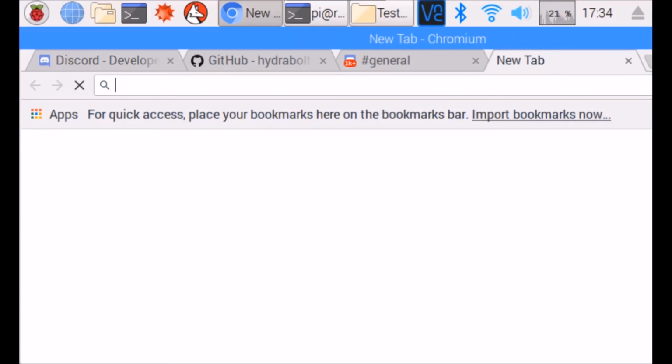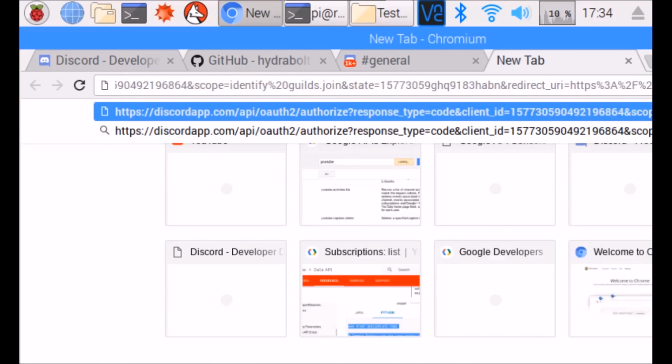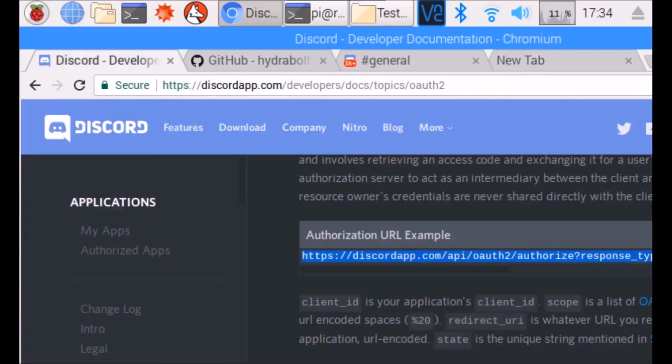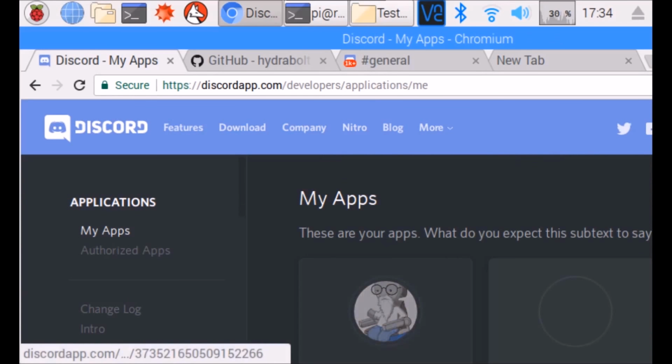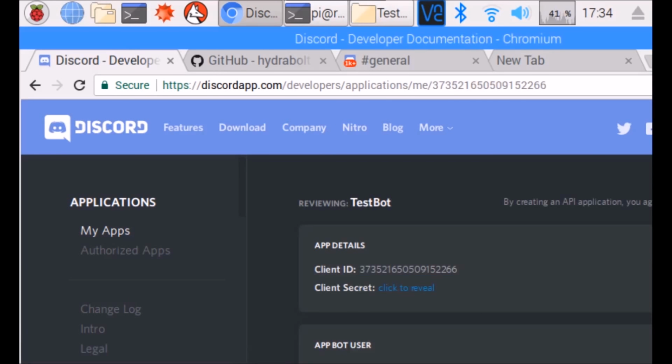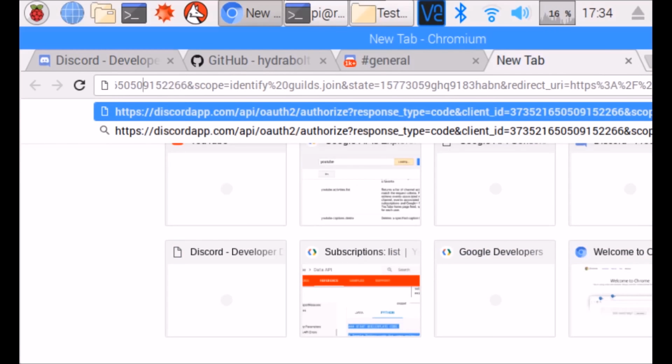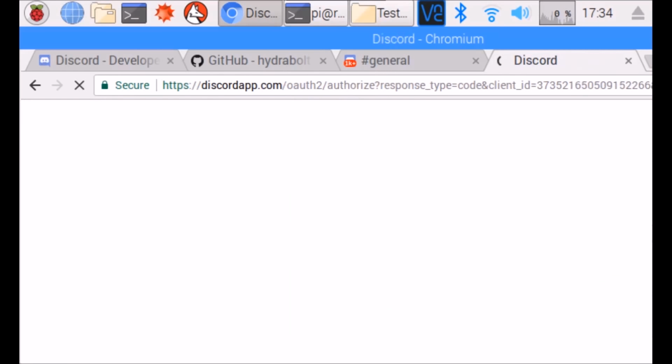So copy that, paste it into here, and then change the ID in here to your bot's ID. So our bot's, or not token, ID. Our bot's ID is in My Apps. Then you go to the bot, then you copy the client ID. Let's go over to this tab and replace the ID that's already there. See, it says client_id equals that. Then we go to that site,